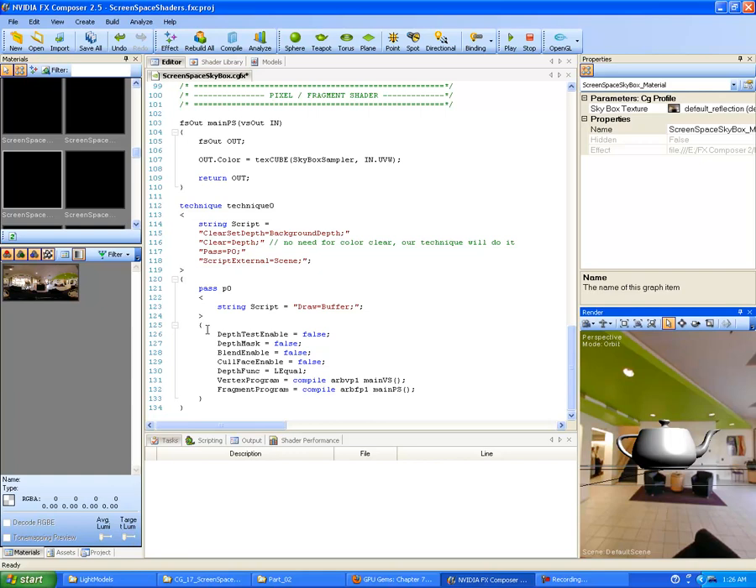Okay, open curly brace here. Depth test enable equals false, semicolon. Depth mask equals false, semicolon. Blend enable equals false, semicolon. Cull face enable equals false, semicolon. Depth func equals L equal, semicolon. Vertex program equals compile ARB VP1 main VS, open close parentheses, semicolon. Fragment program equals compile ARB FP1 main PS, open close parentheses, semicolon, close curly brace, and that's the end